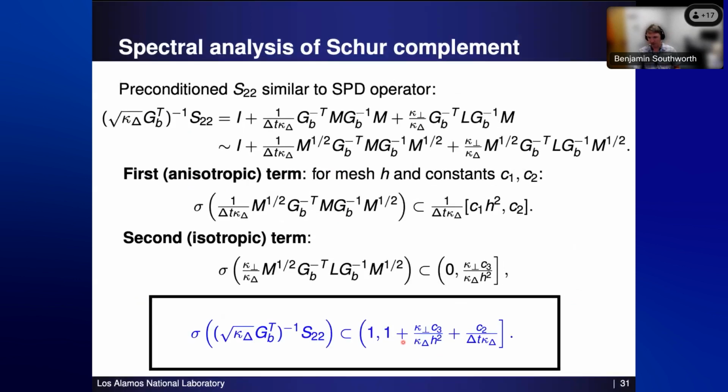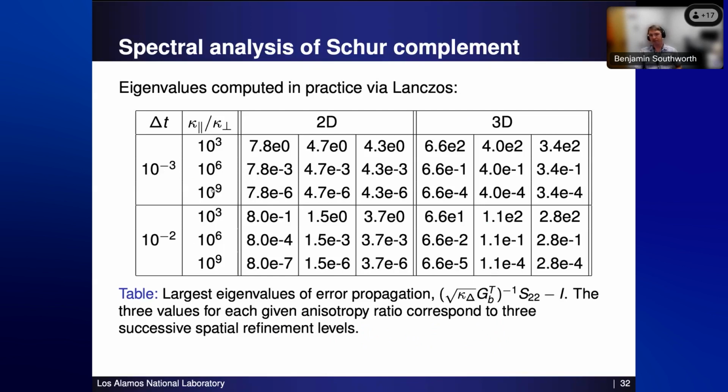these bounds right here, where we have a kappa delta in the denominator and a delta T. And we might be missing a delta T in this equation. I need to check on that. But the point is, for big 10 to the 9 kind of ratios, the eigenvalues away from unity are tiny. So we're really, really, really close to unity of our preconditioned Schur complement.